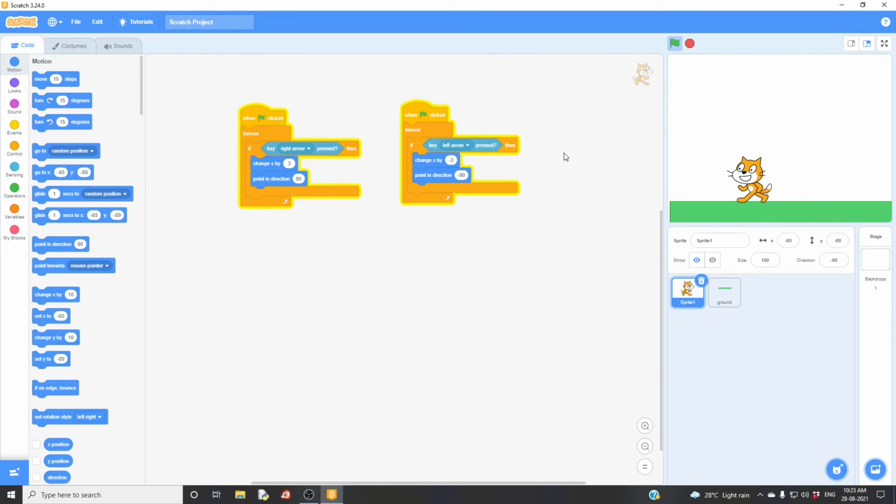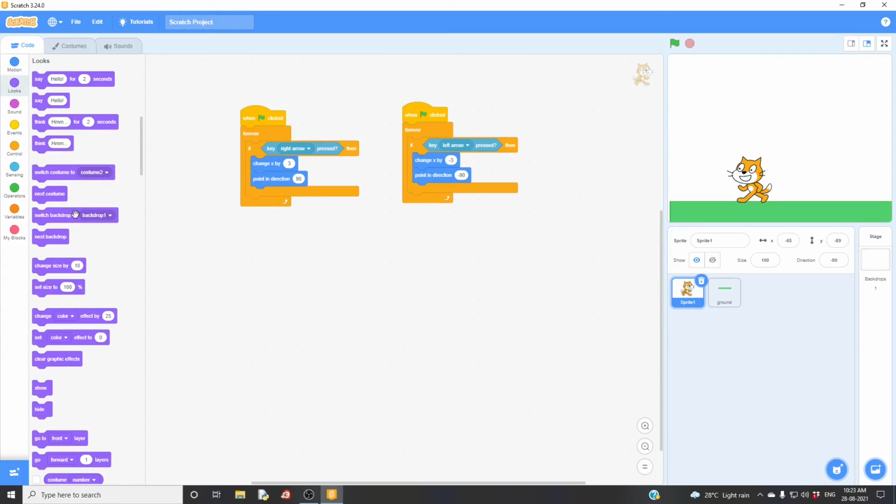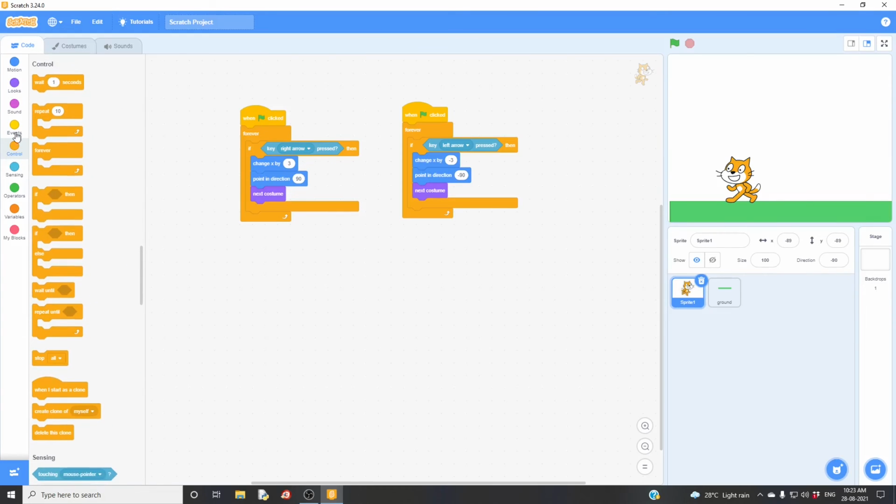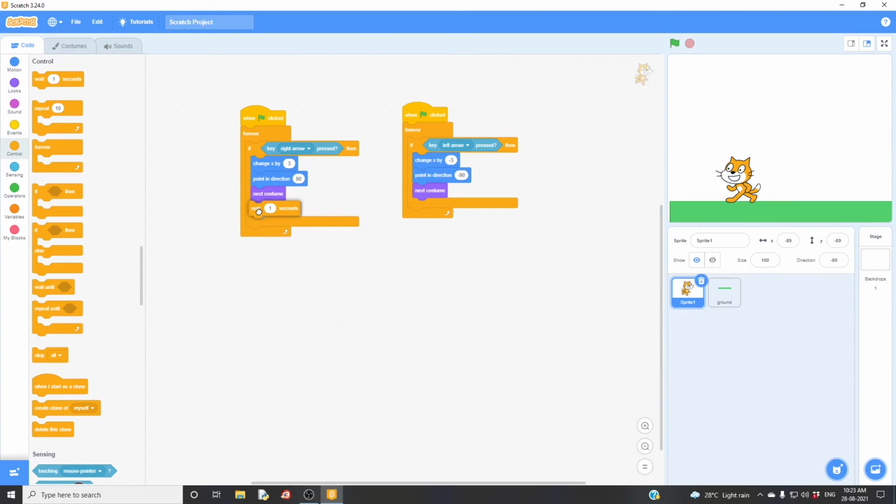Yes, it's working. To give it a working-like experience, we have to go for looks and take next costume, drag and drop. Now let's check. Oh, it's moving too fast. To slow it down, let's go for controls and take wait, drag and drop here.